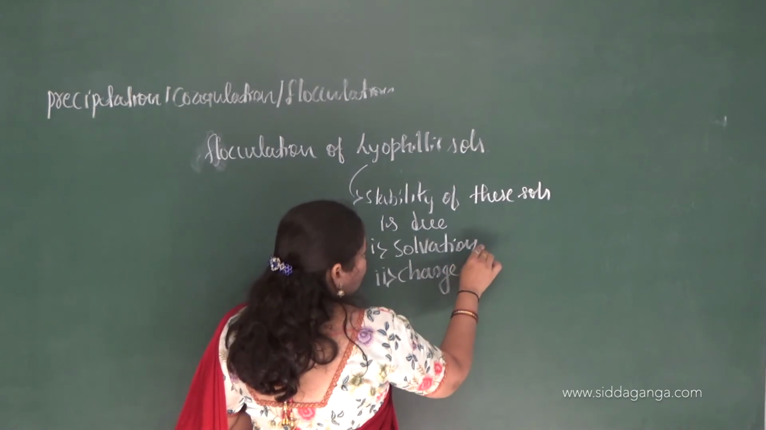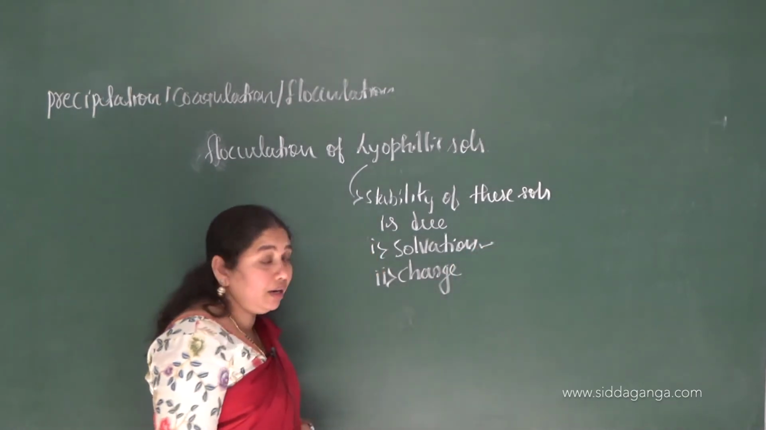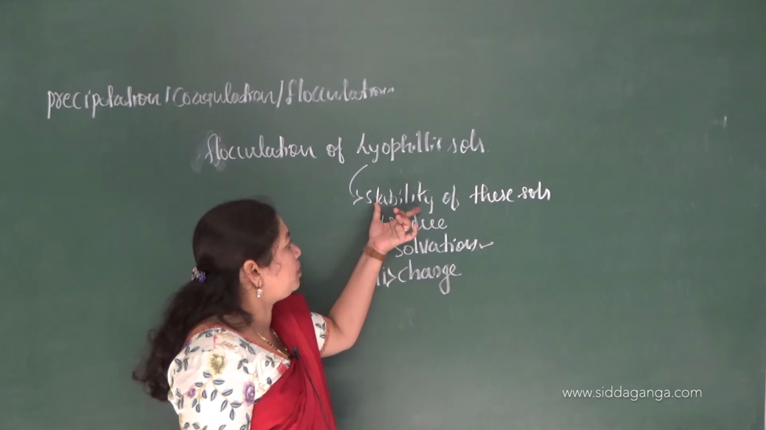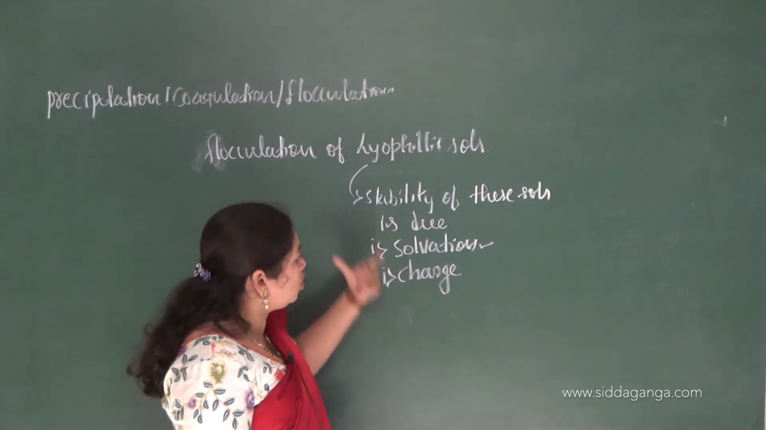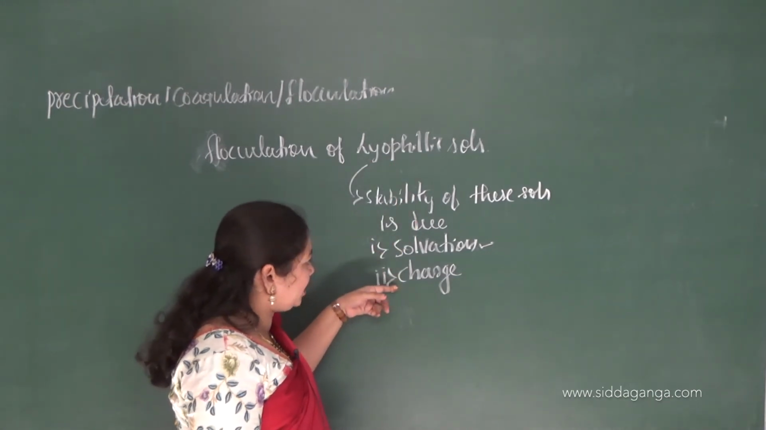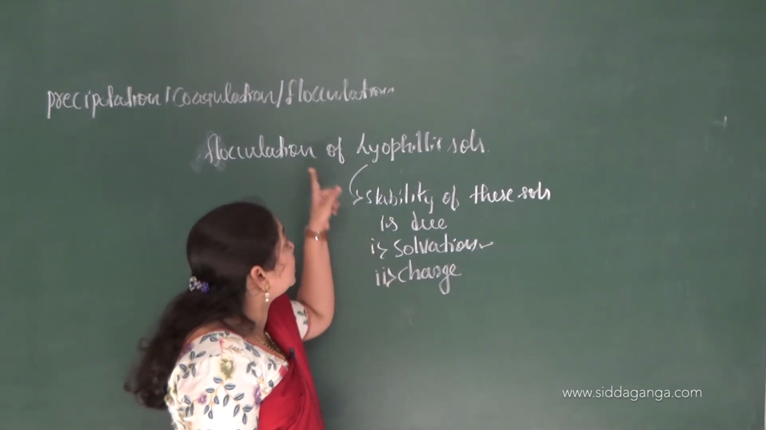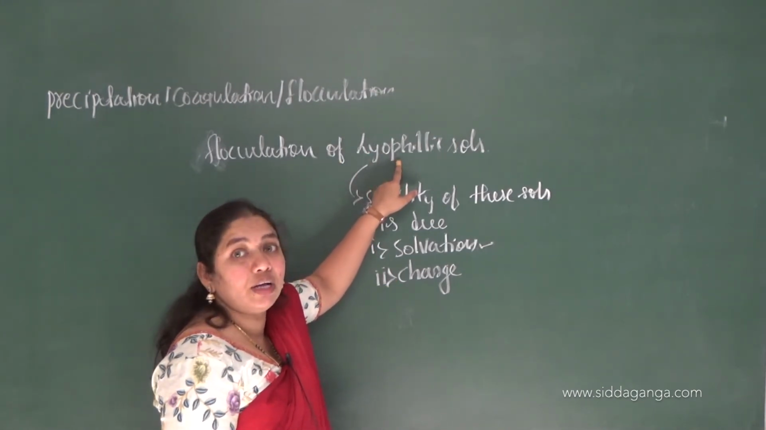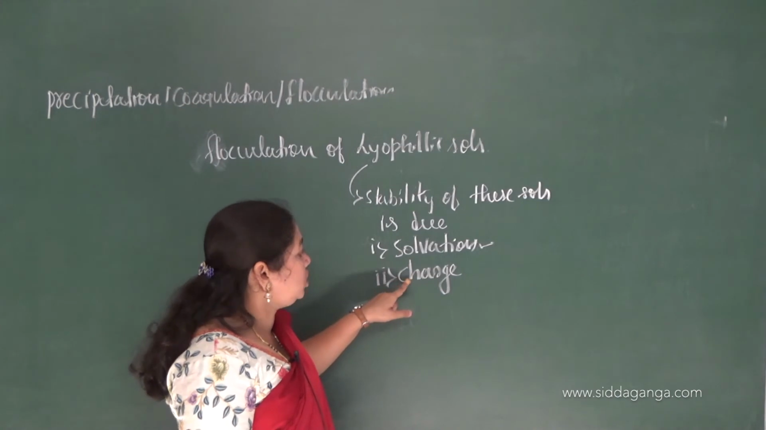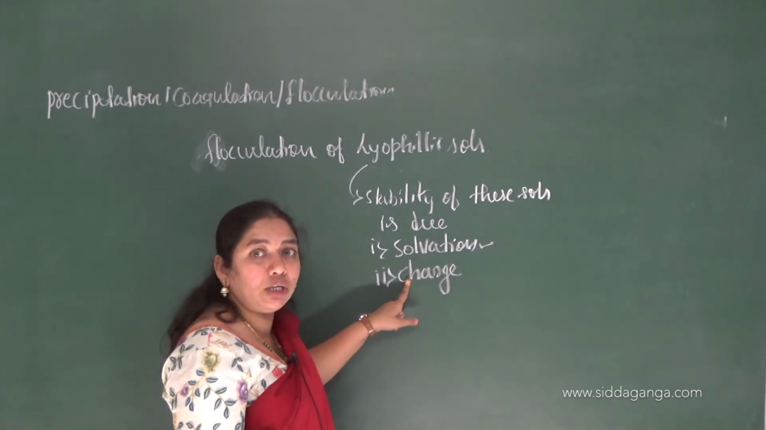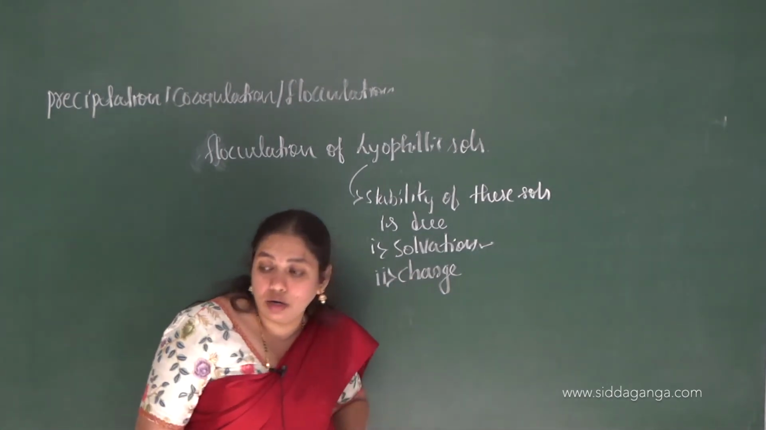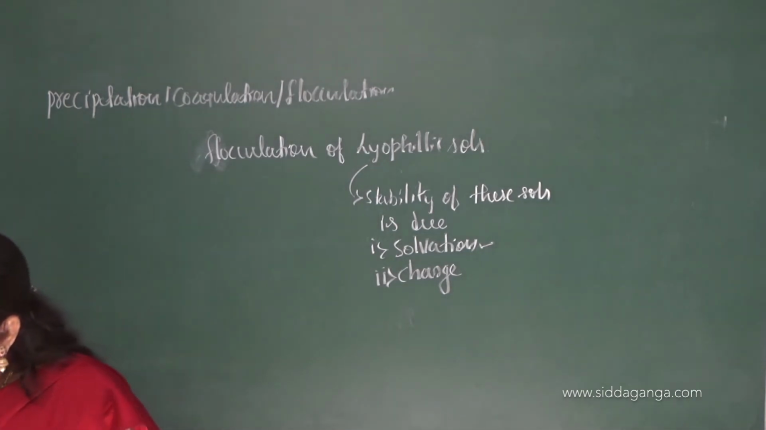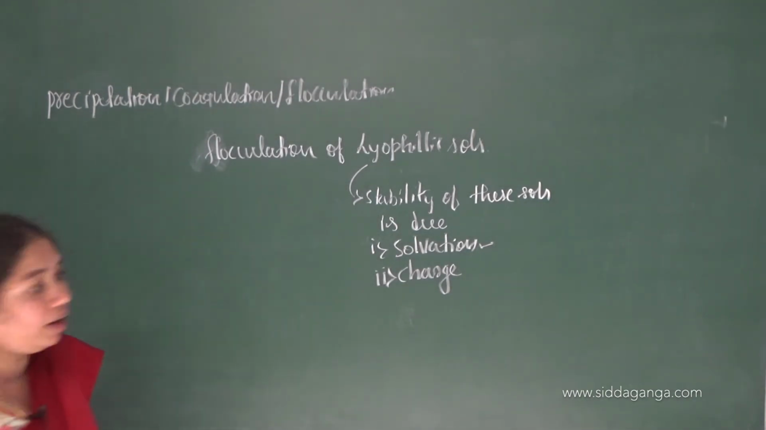So this is responsible for the stability of this lyophilic sol. If any one of these two factors is removed, then we can see coagulation of the lyophilic sols. So how can we do this? Charge removal is by the addition of electrolytes; by adding an electrolyte we can remove the